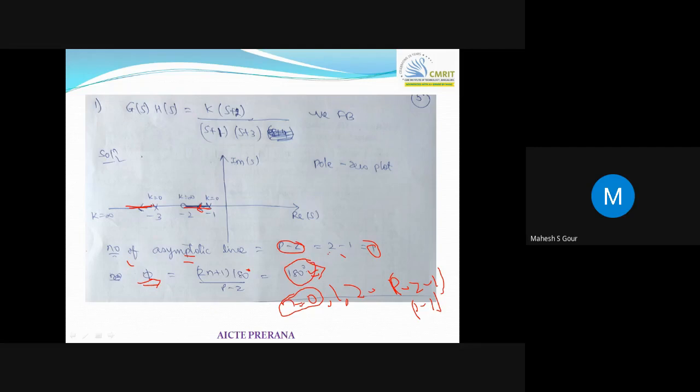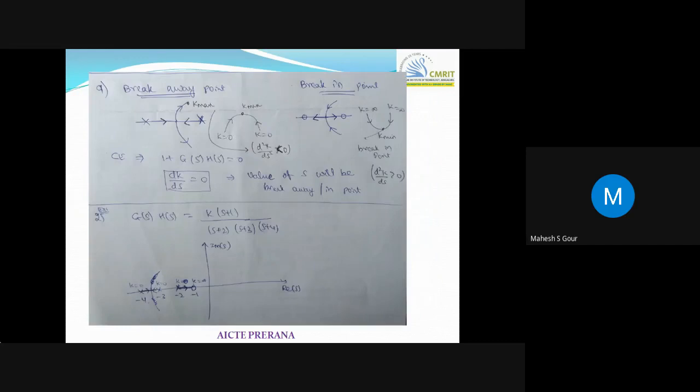So it means from here, it will be going parallel, both synchronized. 180 degrees with respect to your real axis. See, when I draw, this is 180 degrees, right? From this end, it is 180 degrees. So both will go synchronous to each other. So this will go to infinity and meet. Okay, understood? Any doubts still here?